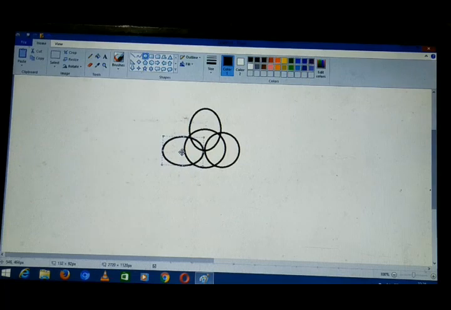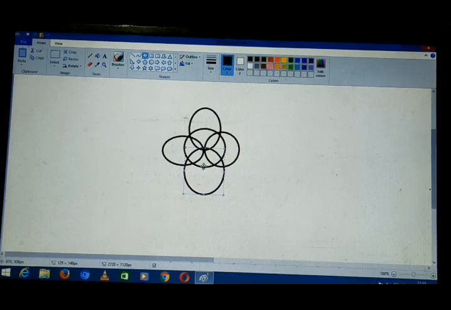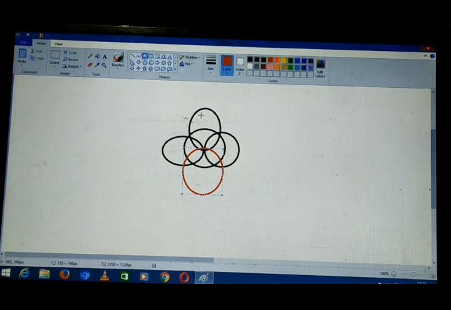I can move it. Now I am making one more circle. So this has been made. So the foreground color is black color. I can change. See, all the circles color will be changed if I will be selecting this. So if I will be selecting yellow color, you can apply.